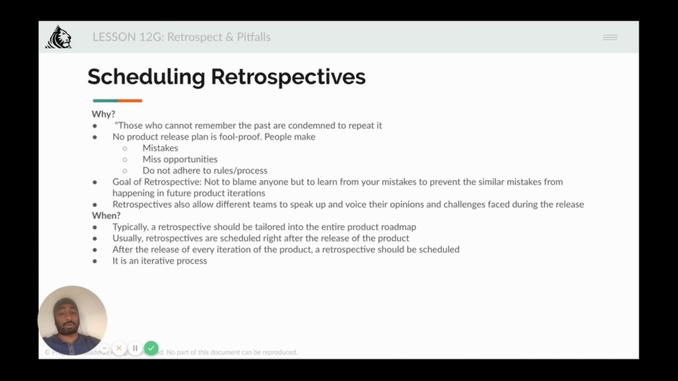Usually retrospectives are scheduled right after the release of the product. When the release has happened, people are fresh with the things that bothered them, things that they wanted to improve, and they had feedback on. So do it immediately, don't delay too much. So release has happened, and the next first thing in fact you should be doing is take a retrospective and